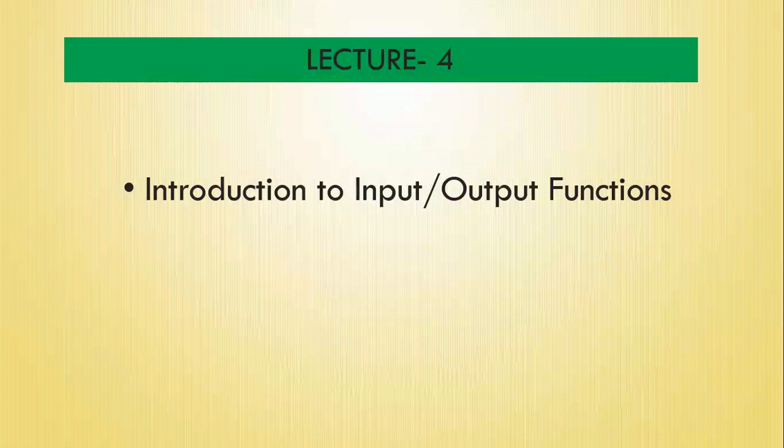The input-output operations are not part of the C language as such; rather, they exist as functions. They are available in the standard libraries along with other functions and can be used by the users. The input-output operations take place as a stream of characters. The standard input-output functions may be considered as character-based input-output functions and string-based input-output functions.